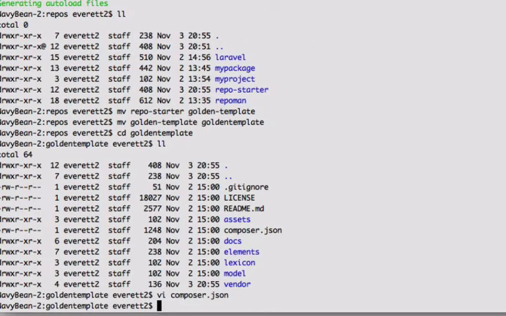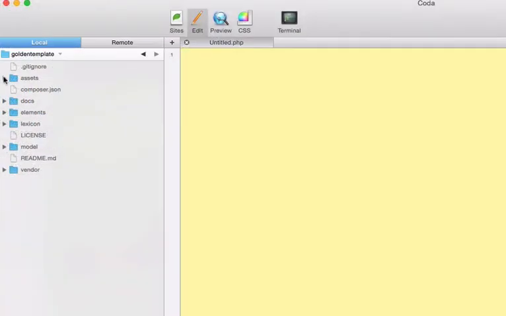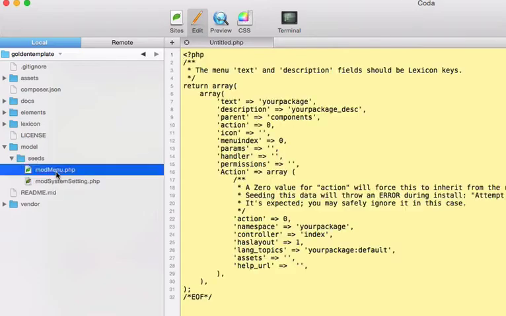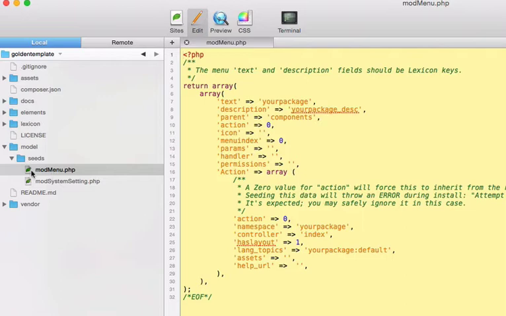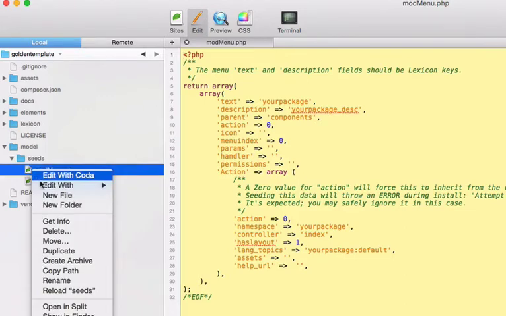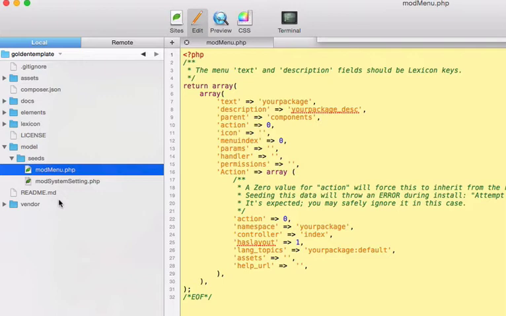And then the next thing I need to look at is just browse through this. Assets is where we can put in CSS, JavaScript. We're used to that. Docs is for documentation. Always include good documentation. The lexicon would be for translations. The model would be for any custom classes for interfacing with the database, but it's also a good place where we can put seeds, and this would be good for any other MODX objects. We don't need the menu for this, but we could